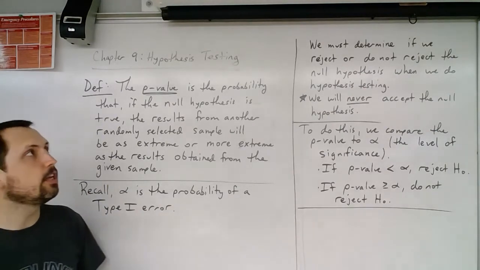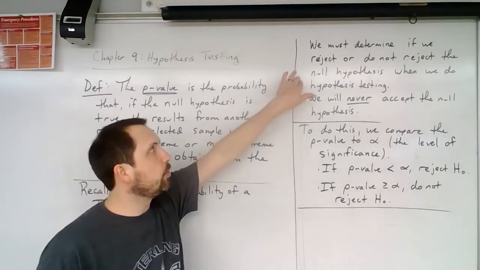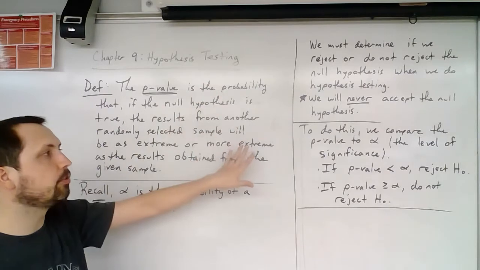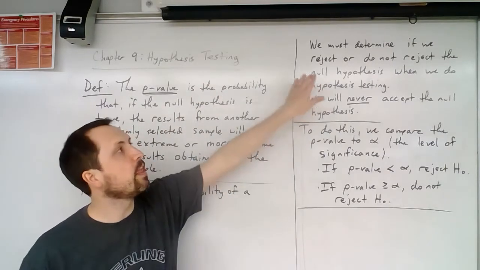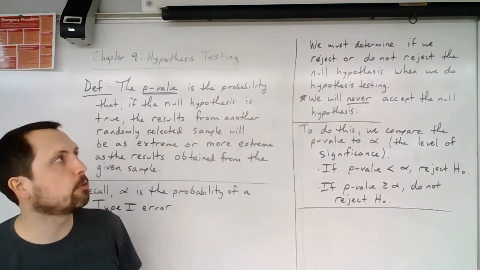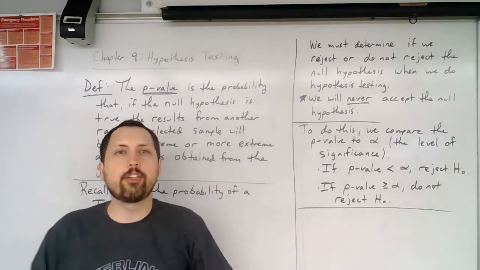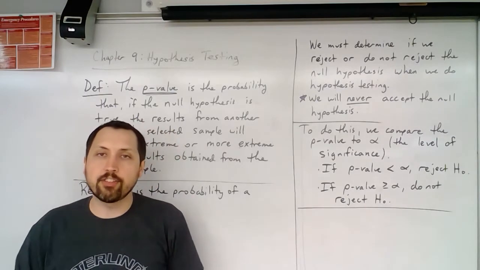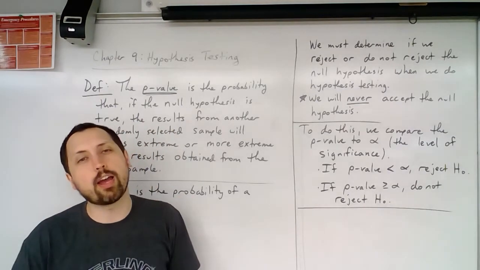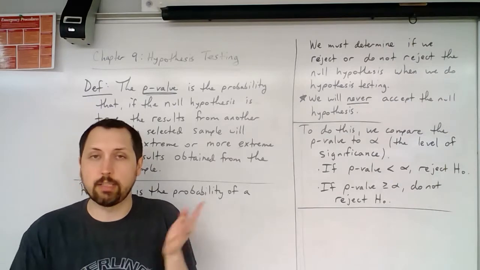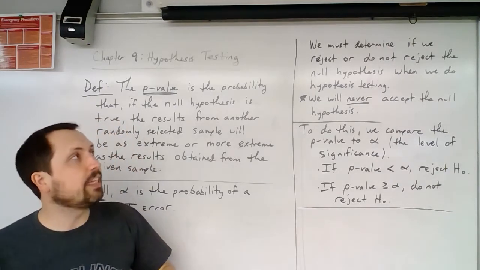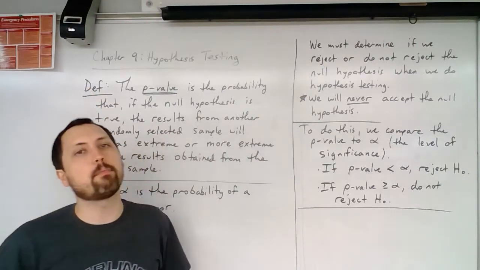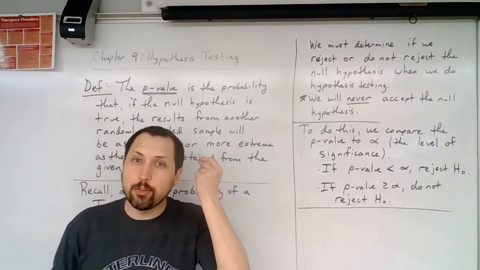Okay, so that's alpha. When it comes to one of the last steps in hypothesis testing, we're going to be calculating p-values and working with alpha values. The last thing we need to do is determine whether we reject or do not reject the null hypothesis. Remember, in hypothesis testing we are testing claims. We're trying to evaluate whether a claim is seemingly true or false, so we need to have some decision. Either we say, I reject the null hypothesis, or I do not reject